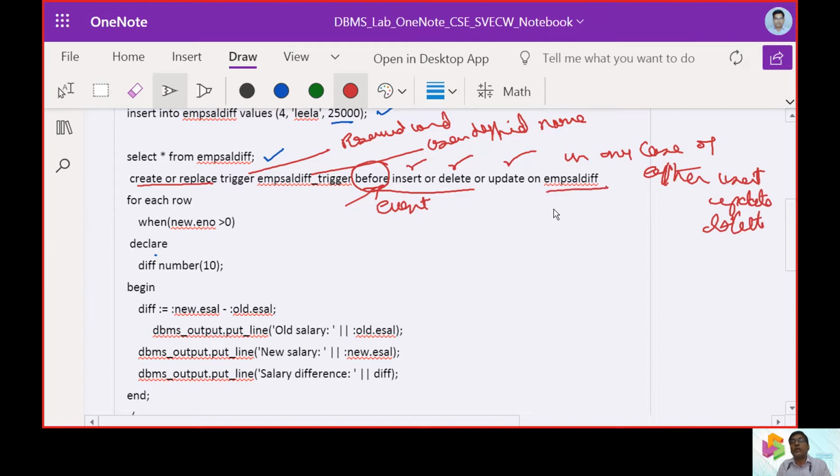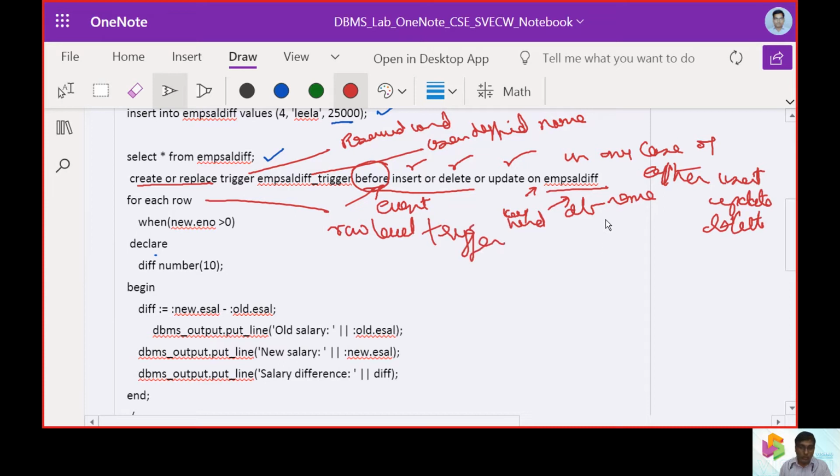And that too it is going to work on the database. The database name we are going to call employee salary def. Again here we are going to use a keyword. Then it is a row level trigger. Now we are going to work on the row level trigger, so it is activated for each and every row.